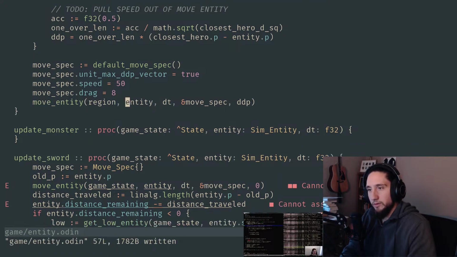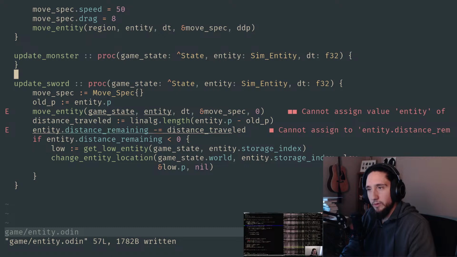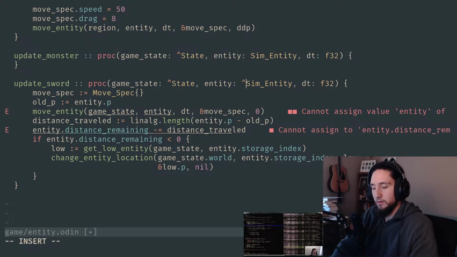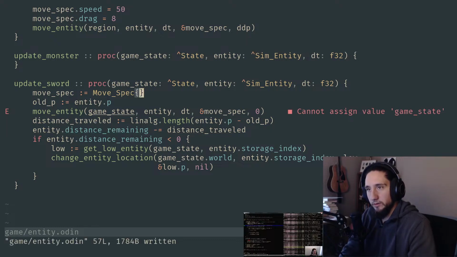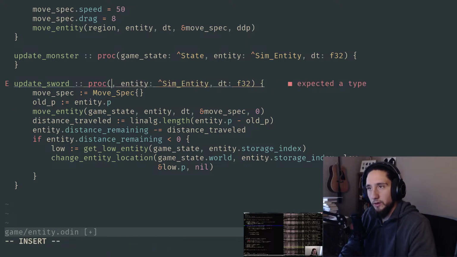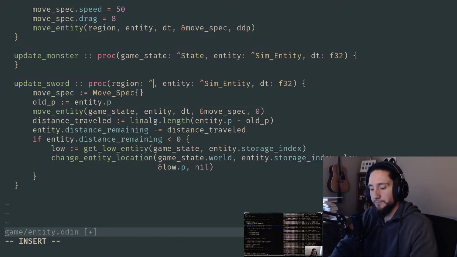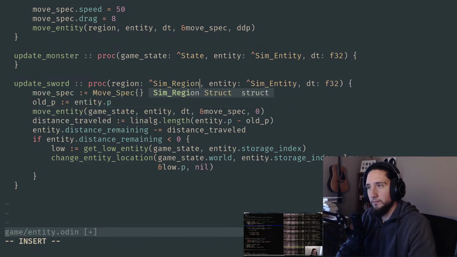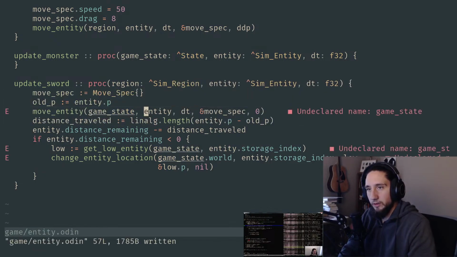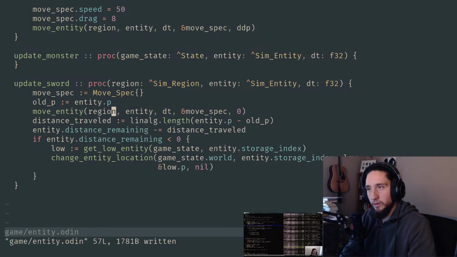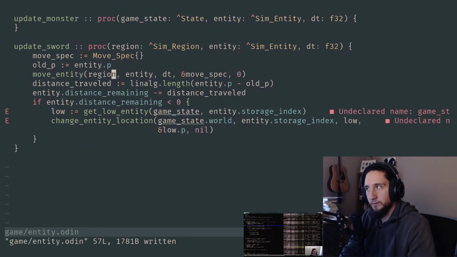So that is no longer needing to be passed by reference because it's already a pointer. Over here, we just need to change the definition of all of these, or the signature of all of these, so that it takes a pointer. And then same thing, like with the familiar call, this just takes in the region. And then instead of the state, move entity takes the region, and that looks good. And then there's this, but